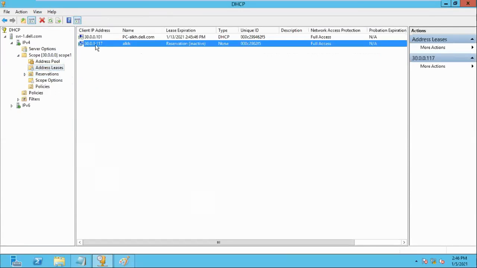Yes, this is pending inside the reservation, inactive. Inactive. So here this address is providing 117. Sir, here, that's active, right?